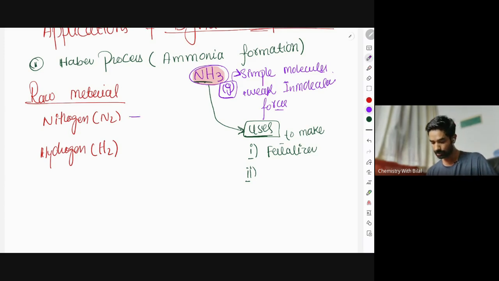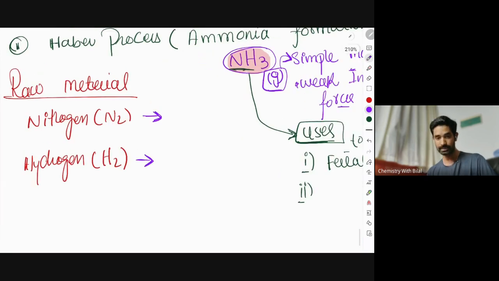So raw material कहाँ से आएगा? What is the source of nitrogen and the source of hydrogen? Nitrogen का एक ही source है. The only source of nitrogen is fractional distillation of air. Air से आती है और किस टेक्निक के थ्रू? Fractional distillation